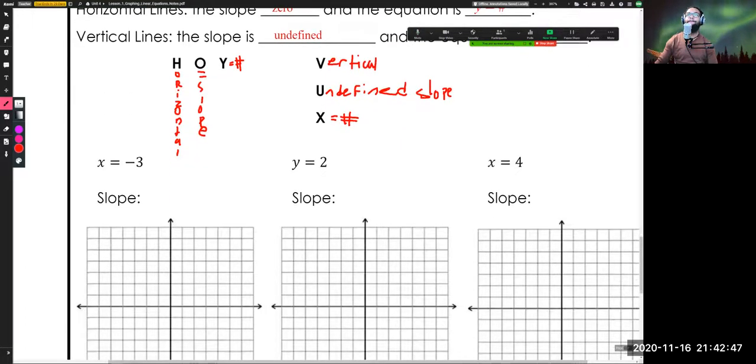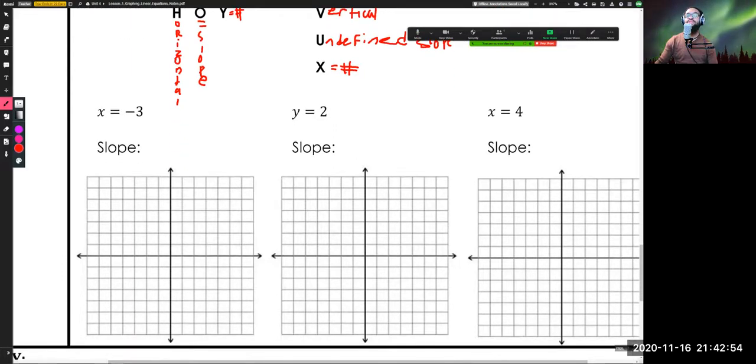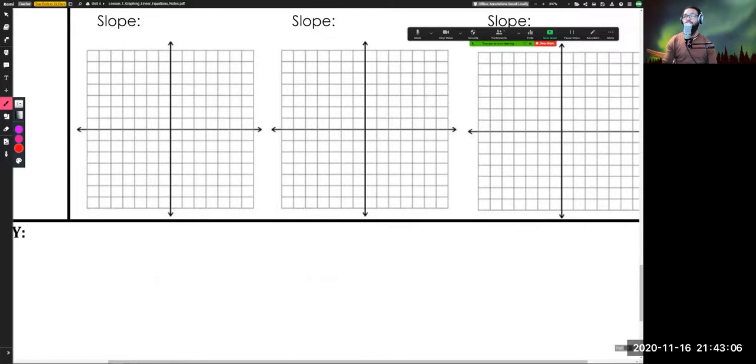All right. So knowing that right there, I want you all to also go through and do these last 3. When you have these equations, tell me what the slope is and draw a picture of what these graphs say. So draw a picture of x equals -3 and y equals 2 and x equals 4, okay? Once you're done with all of that,